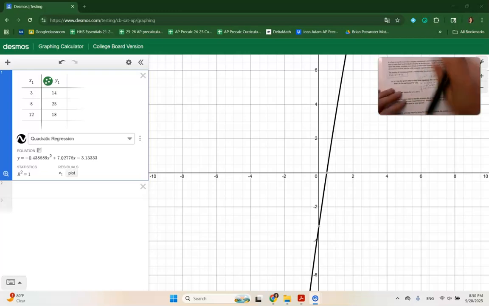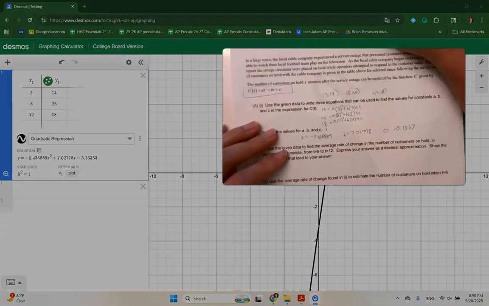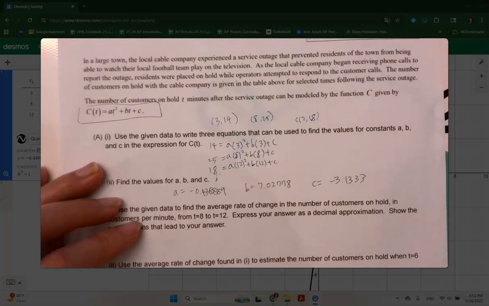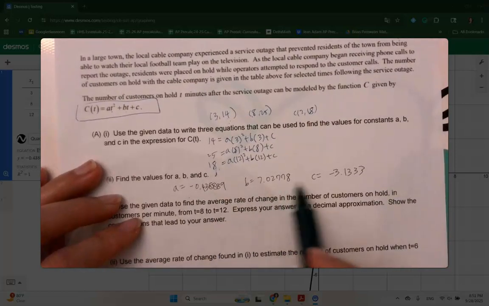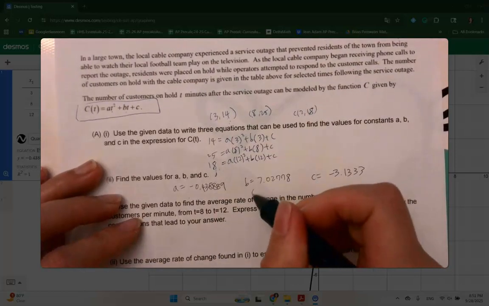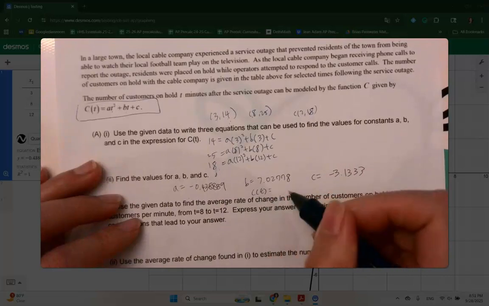So A value is over here, right? So negative 0.438889. You can round to the thousandths. B is equal to 7.02778. And C is equal to the constant, negative 3.1333. Folks, I'm looking at over here. A, B, C. Okay, so if you look at what I wrote, this is what I wrote. A, B, C. Or you can just put it all together as C of t is equal to